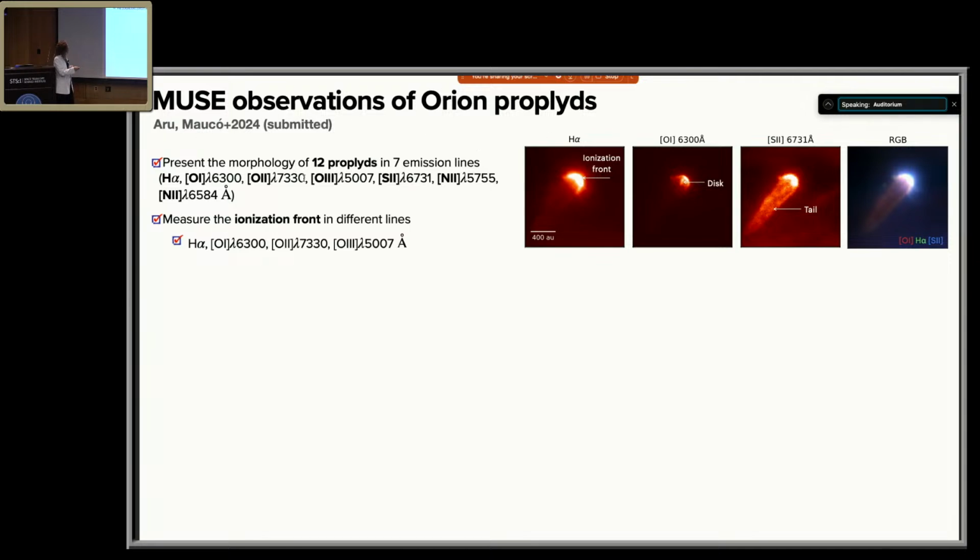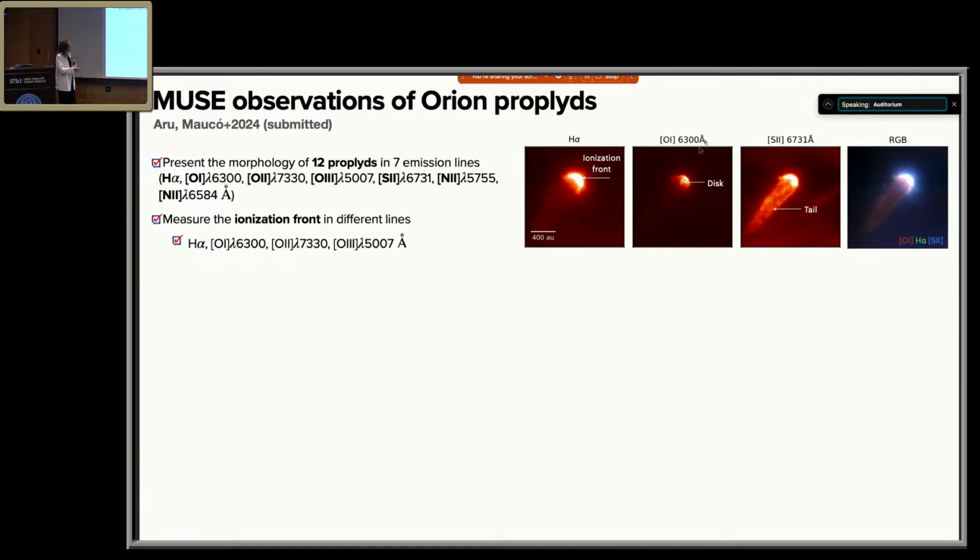So we have a sample of 12 proplyds in Orion. We know that these proplyds are just externally photoevaporating disks that have this peculiar cocoon-like shape, with the ionization front, which is this super bright part here, pointing towards the massive star in the Trapezium. And what we found here are these beautiful collages of these 12 proplyds, where you can really see